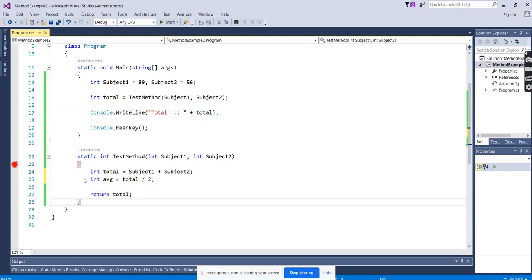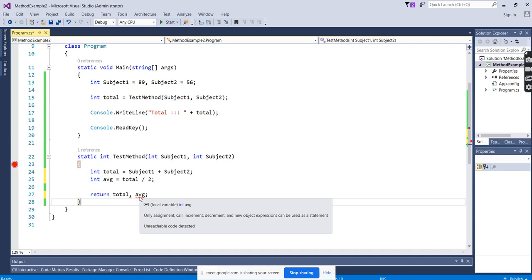Then how will you return this multiple? Here comes the question, because the return type always returns only one value. We are happy with the total, which is returning the total, and then the requirement came: I want to return average also. How will you return this? Do you return by making it comma separated? What will happen? It will throw an error.